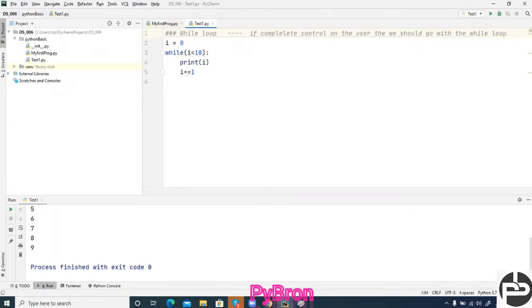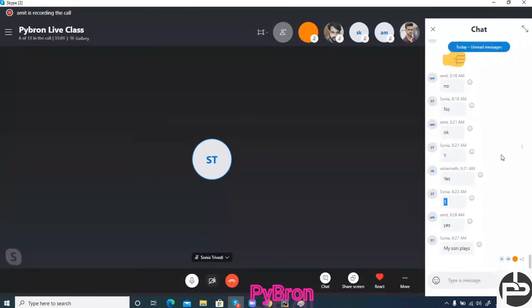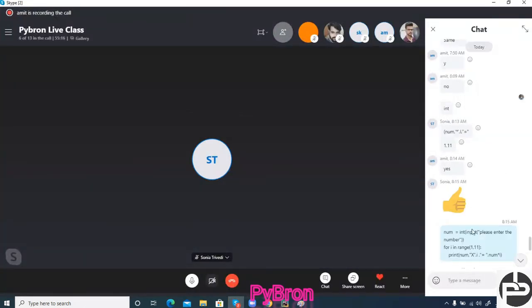Now you understood the concept. What is the difference between the while loop and the for loop? The most popular interview question. We can do the same thing with the while loop and for loop also, but don't you think so? If you know the syntax of the for loop, I had passed it here over the chat. Can you see the syntax of the for loop? Here we are defining how many times we have to execute. Are you able to see the chat?